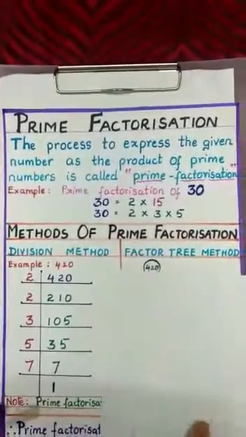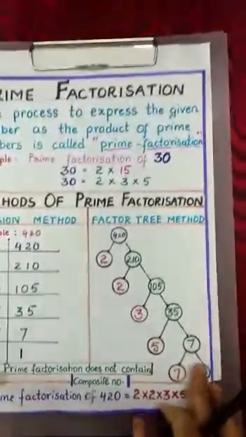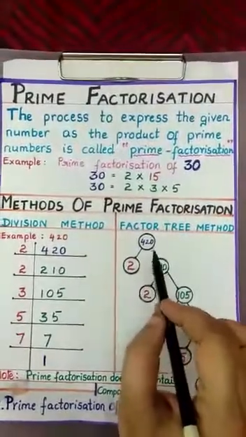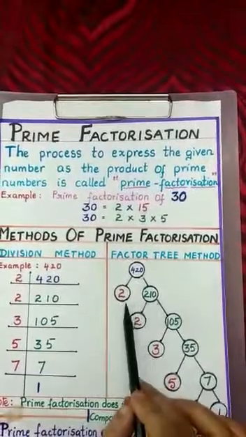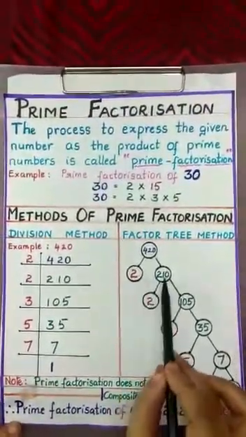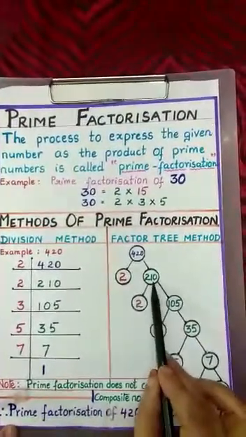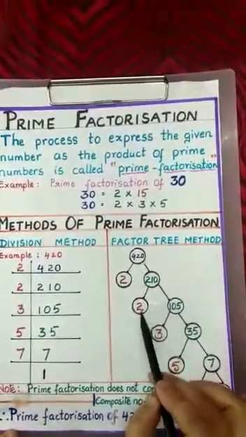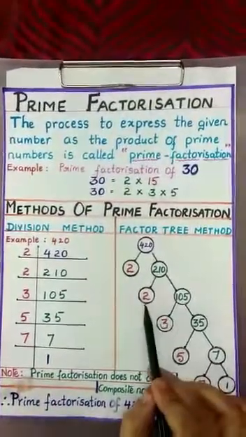Now let us do the same number in the factor tree method. As we know, a tree means we have branches. So we have to split the numbers here. So this 420 can be written as a product of two factors. First we start with the possible prime number 2. 2 210s are 420. Now you don't touch this 2 here. 210 is a composite number. Again you split this 210 as a product of two factors. So 2 105s. Again don't touch this 2.